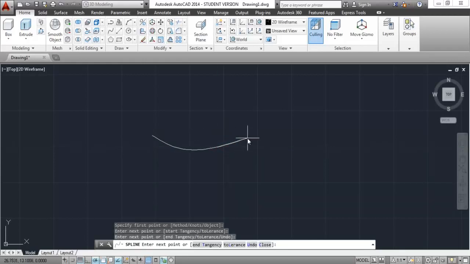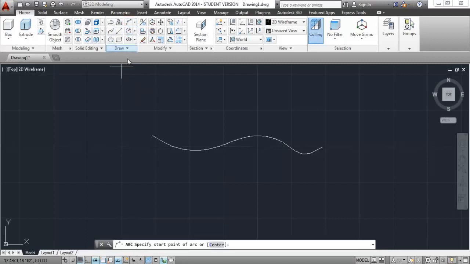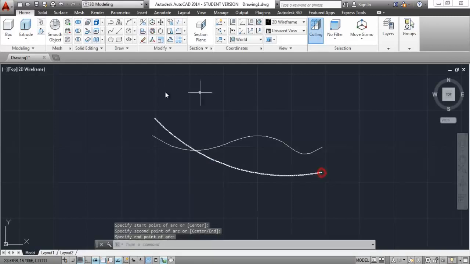So I'll start with the spline tool and I'll make a shape something like this. I'm not using any dimensions, so I suggest you go with the same procedure while drawing this. So here make a spline something like this, then take an arc, the 3-point arc, and click on the first point somewhere around this place, then the second point over here, and the third point here. Okay, done.